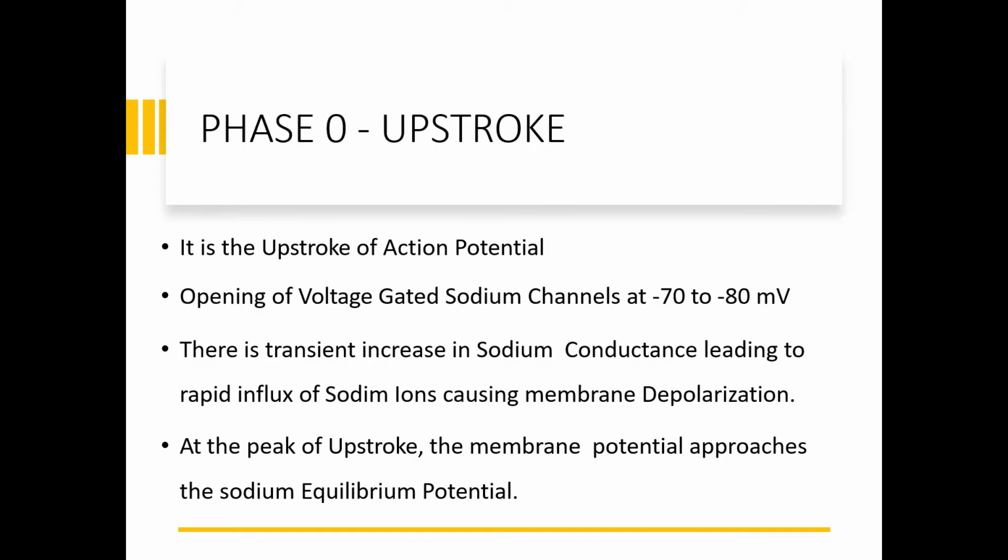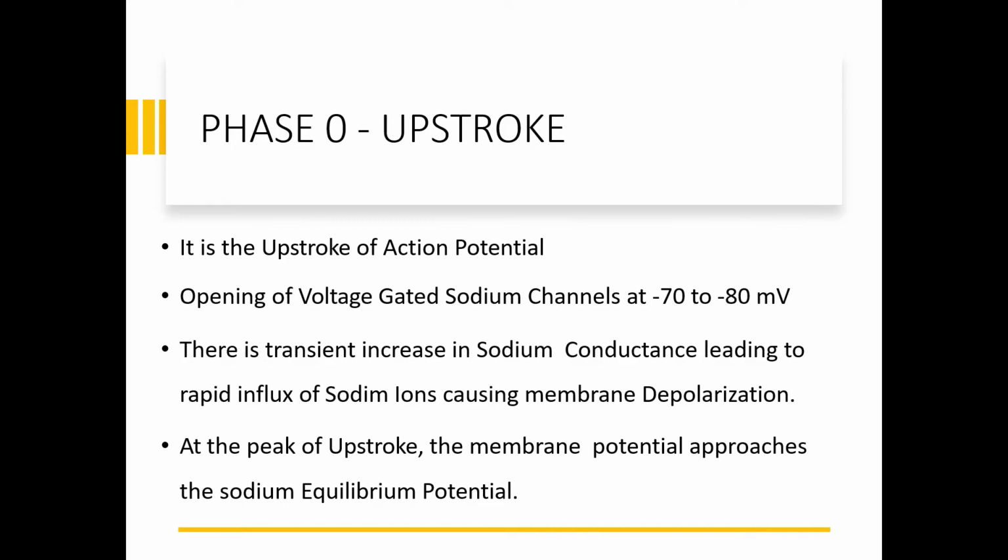The membrane potential approaches the sodium equilibrium potential, which means there is no need to allow more sodium to enter into the cell. A force is generated, known as the ionic concentration gradient, that does not allow the sodium to enter into the cell. So there will be a sodium equilibrium potential, at which there is no more entry of sodium inside the cell. So this is the upstroke phase, when there is depolarization in the cardiac muscle,